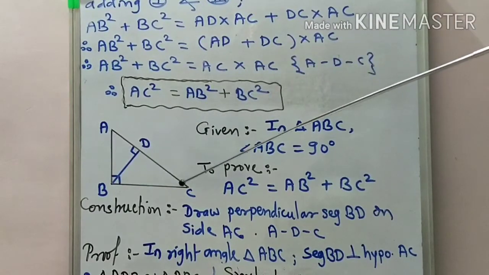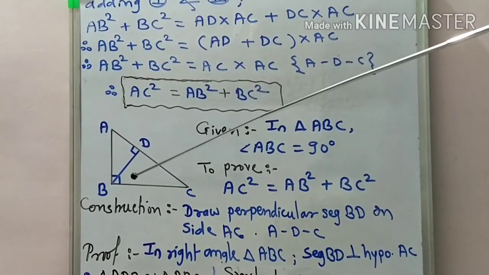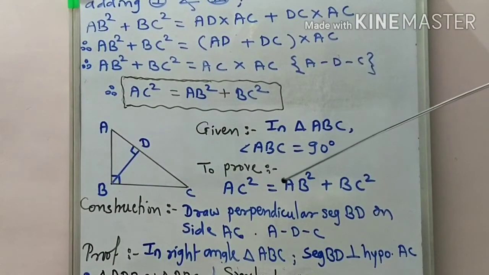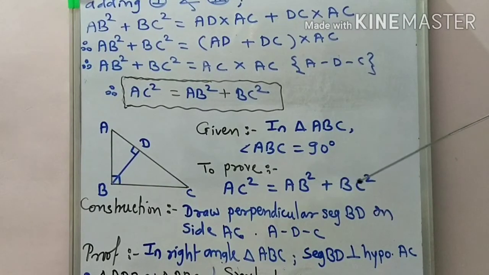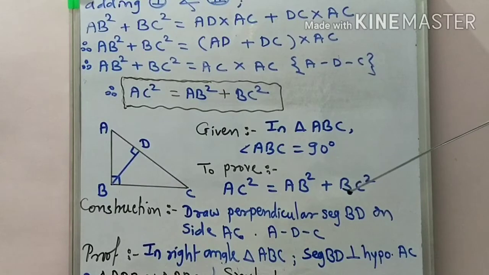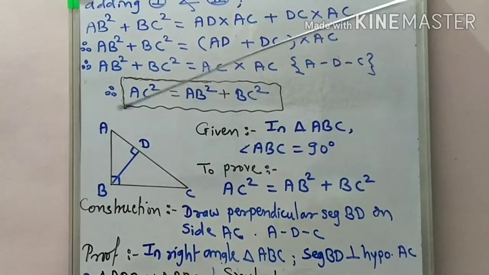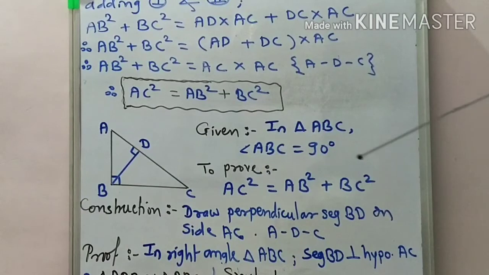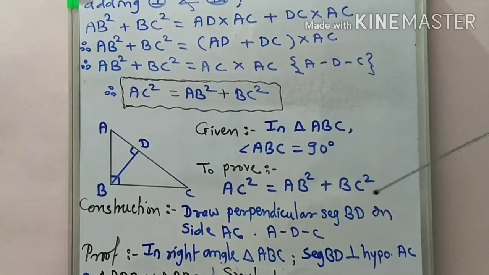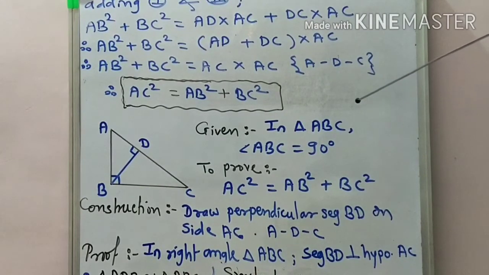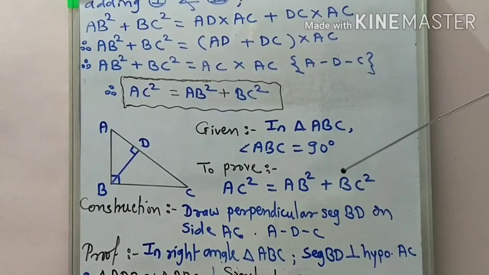Pythagoras theorem means a right angle triangle is given, then AC square equals AB square plus BC square, meaning hypotenuse square equals the sum of squares of the two remaining sides. And converse means what? We verify this first, and as we verify this, then we can say that the given triangle is a right angle triangle, or that the given values are a Pythagorean triplet. Usually the converse is not asked as a theorem to prove in the exam, but examples depending on the converse are also asked in the exam.